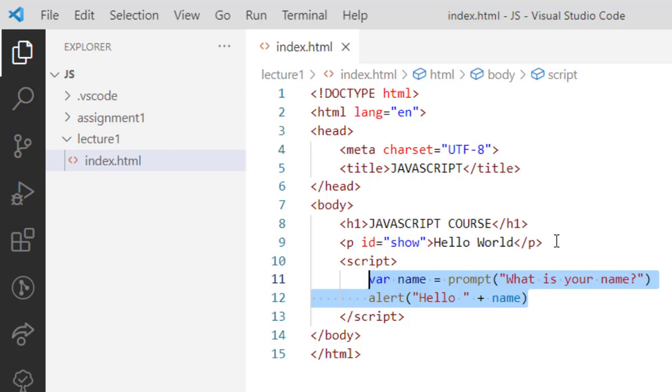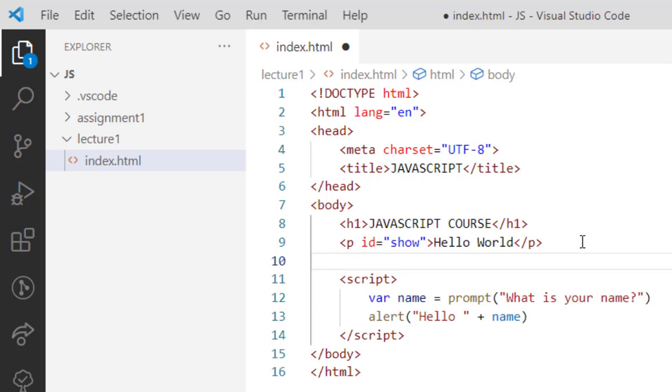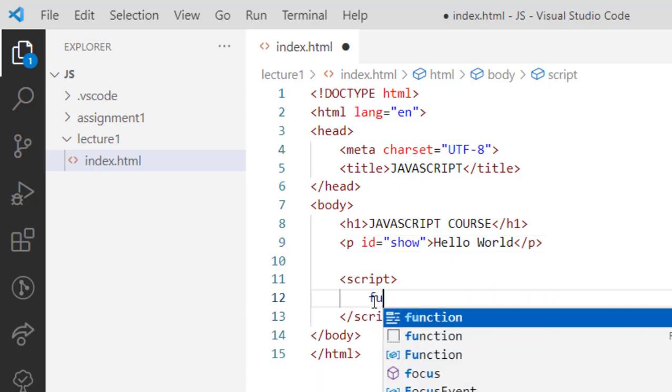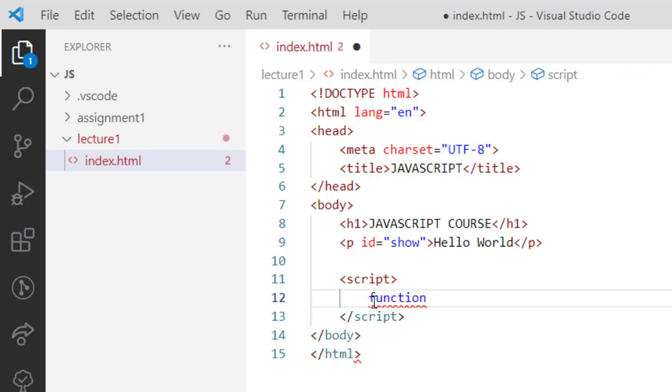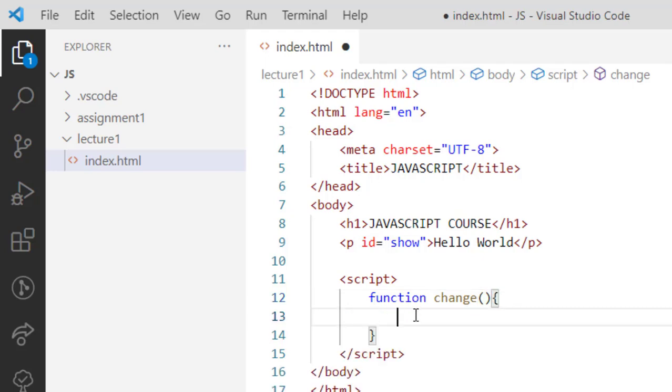But before I do that, I'm just going to create a simple program. Okay, so I have hello world, and I'm going to create a simple program here. I'm going to write a JavaScript function. So watch this. This is how you write a function. The name of the function will be change, and of course it's going to be in this block. So what exactly would change do?